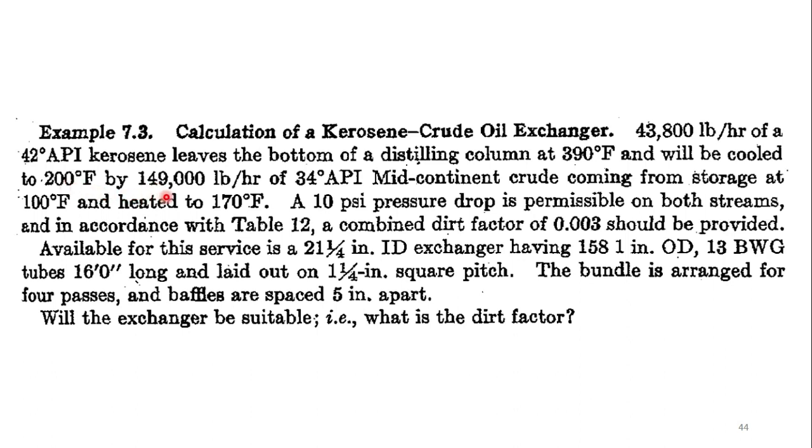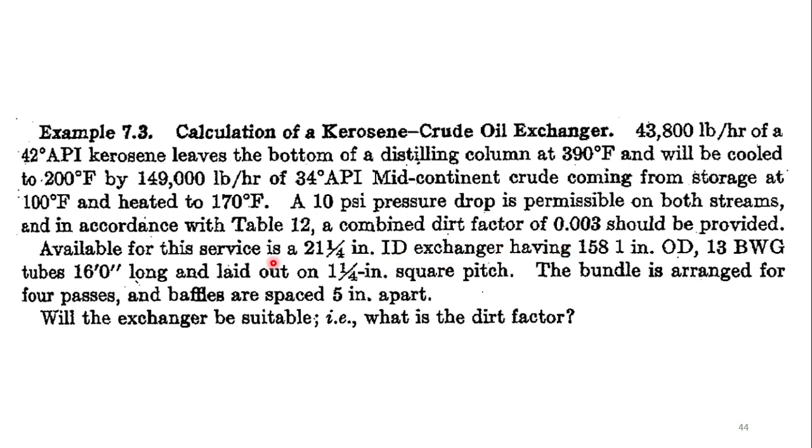So by another stream, which is known as the mid-continent crude oil, having a mass flow rate of 149,000 pounds per hour with a specific gravity of 34 API, and it is coming from the storage at a temperature of 100 degrees Fahrenheit, and after taking the heat from the hot stream, its temperature will rise to 170 degrees Fahrenheit. The pressure drop must be less than 10 psi, and the combined dirt factor should not be less than